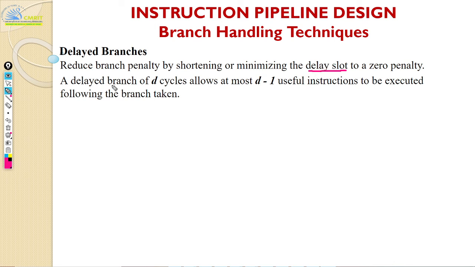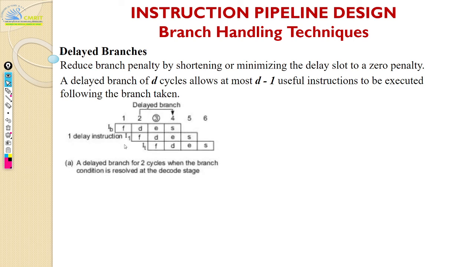So the idea of delay branch is this: what you will do is you actually insert an instruction that is not dependent on this branch. Okay, so irrespective of your branching, let us say that you have some loop. Let us say you have a loop, something like this, right? So you have instructions and you have a branch here.